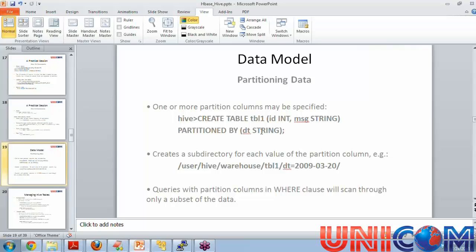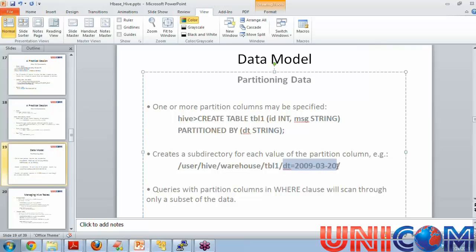Now, when we create this partition, it will create a subdirectory for each date. So it creates a subdirectory for each value of the partition column. So if my partition column is a date, for each date there will be a directory created, and so needless to say, if I have to do some analysis on only that particular date's data, I just can